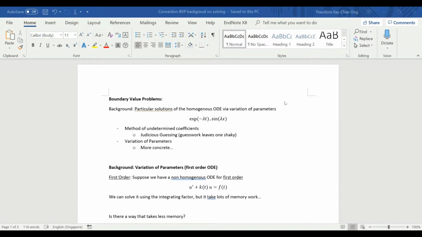So in this video we want to talk about solving some ordinary differential equations. This is a background refresher. We want to discuss variation of parameters, and that will be helpful in solving PDEs later on. But first, I just want to recap some of the foundational concepts that we need to know before solving PDEs. And the reason for exploring this variation of parameters, which I'm highlighting right now, is because